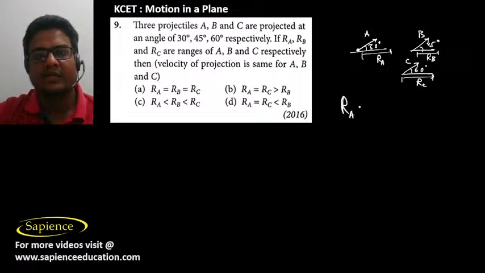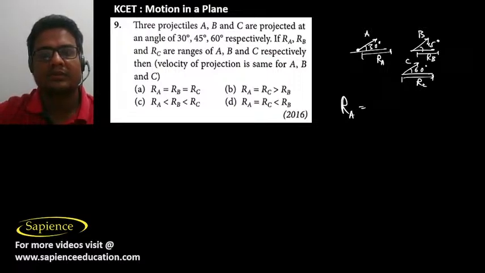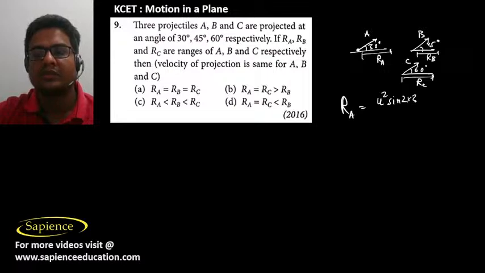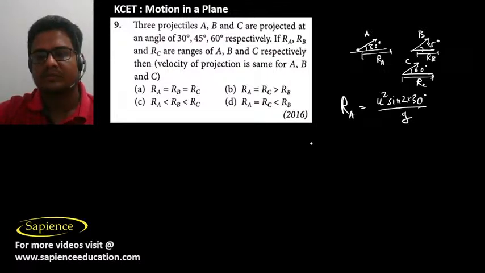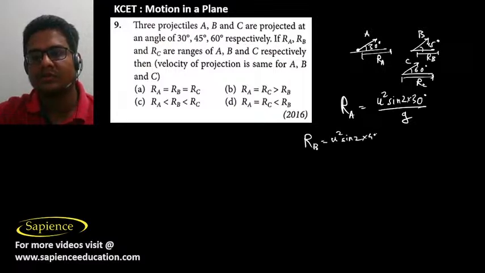Then we have to find what is the relation between RA, RB and RC. Are they equal or not equal? So RA will be U square sine 2 into 30 degree by G. RB will be U square sine 2 into 45 degree by G. And then RC will be U square